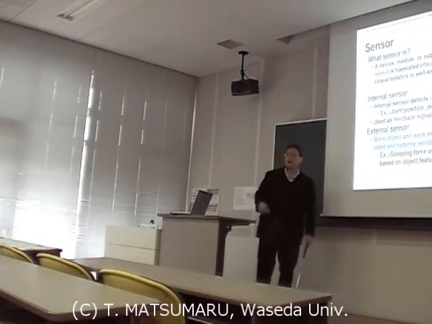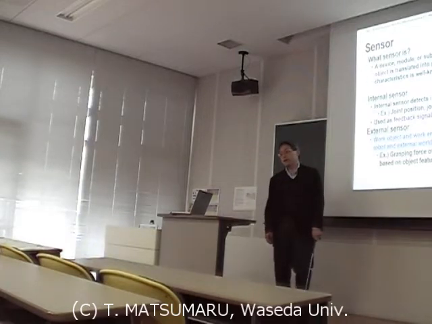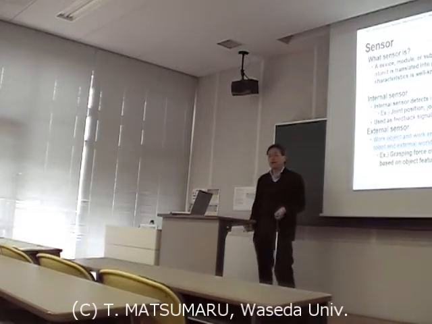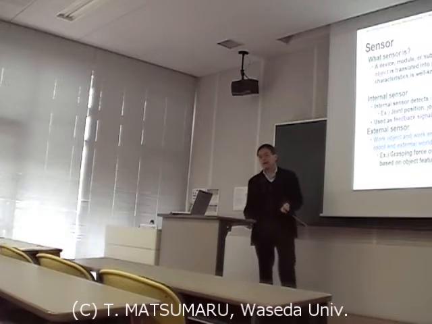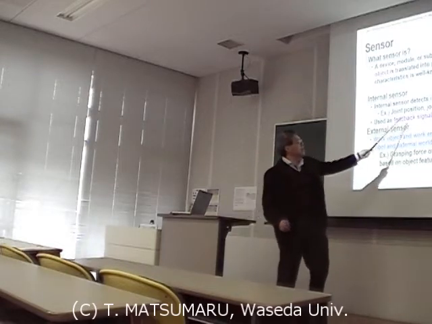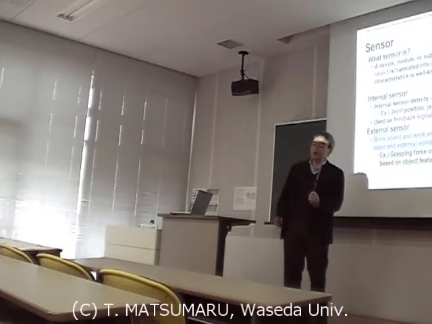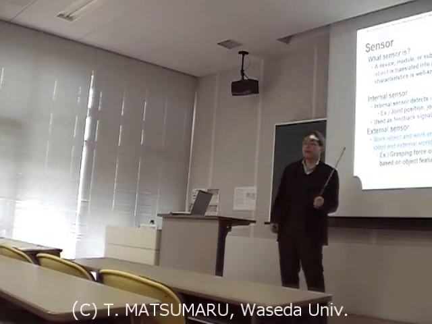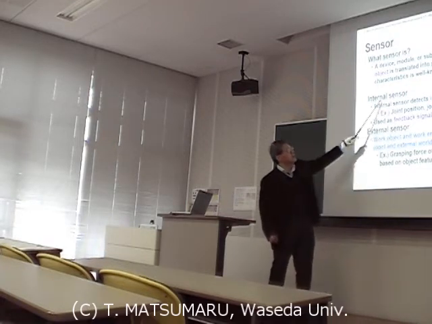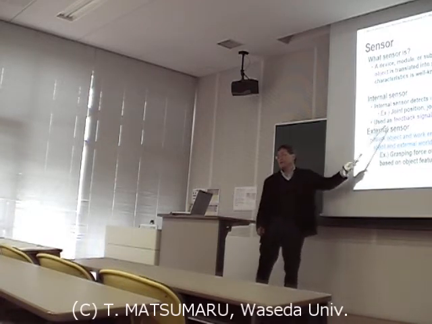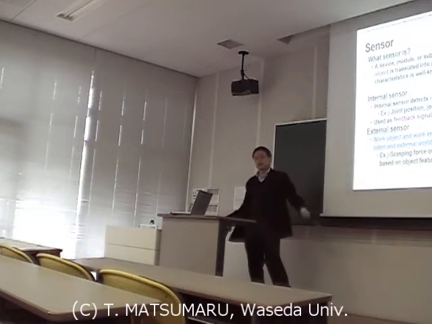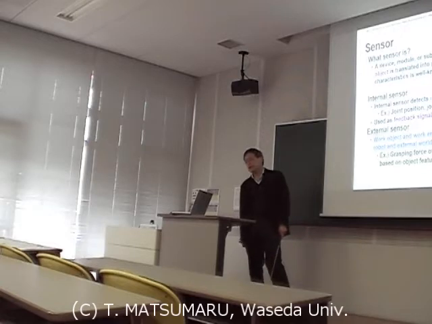So understanding about itself is very important to control its body and its movement. For example, gravity and the slant angle are measured, to control its movement more smoothly and more